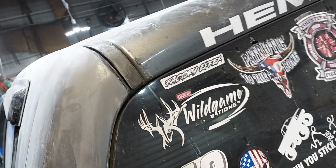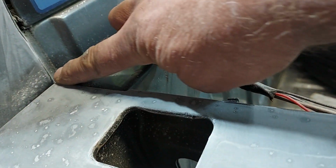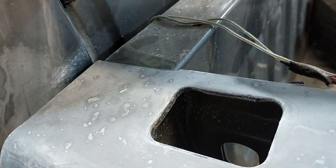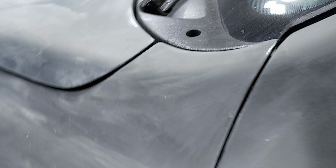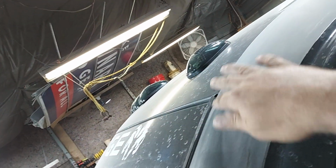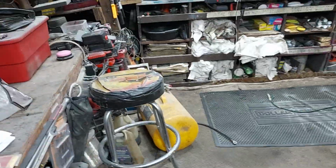and right up there at that line, right where you see the sanding stop, is where I'm going to stop clear. And then I'm going to mask this off and stop here and here. So this will all be cleared, but none of that in the back will. And then when I do the front, I'm going to clear up here, but as you can see, the roof is separate from the doors. So I'm going to clear this, and then I'm just going to paint where there's black primer, like on the bumpers,